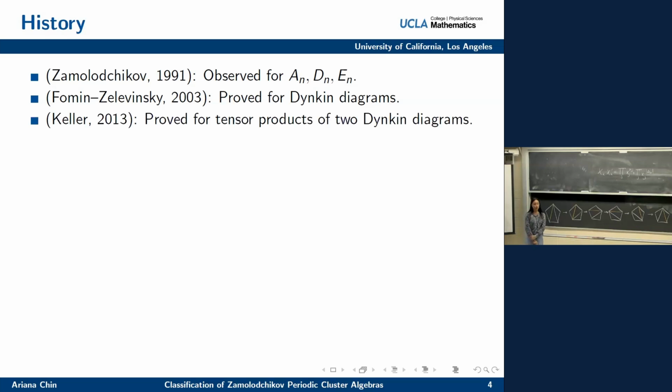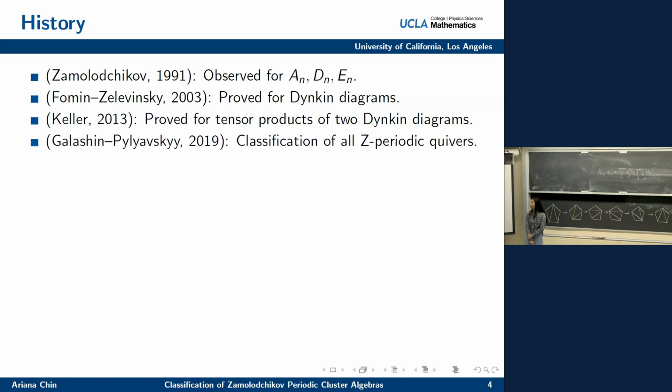Next, we have Keller, who in his Annals paper generalized this result to all tensor products of Dynkin diagrams. So the question then became, what more is there? Are there more objects out there that are Zamolodchikov periodic? And in 2019, Galashin and Pawlowski classified every quiver that is Zamolodchikov periodic. So this is the end of a very nice story, but there is a little bit more to go because